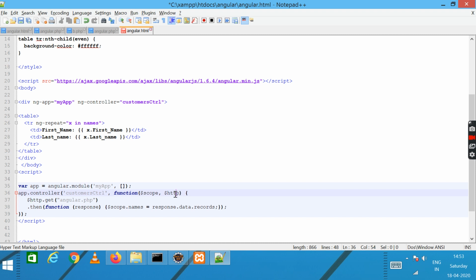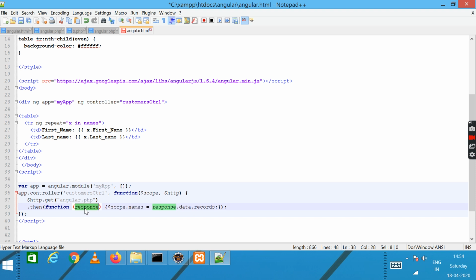So we write $http.get angular.php. So we have a PHP file. That PHP file is called using $http.get. Then the .then function is used, and what we are reading from angular.php is a response of it.